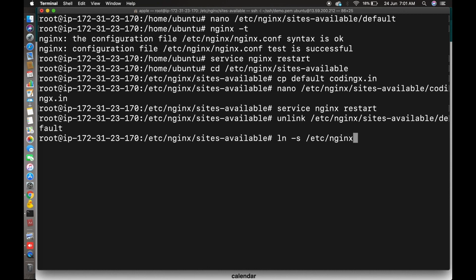So link: when a codingx.in request comes to the same IP, this configuration will work.